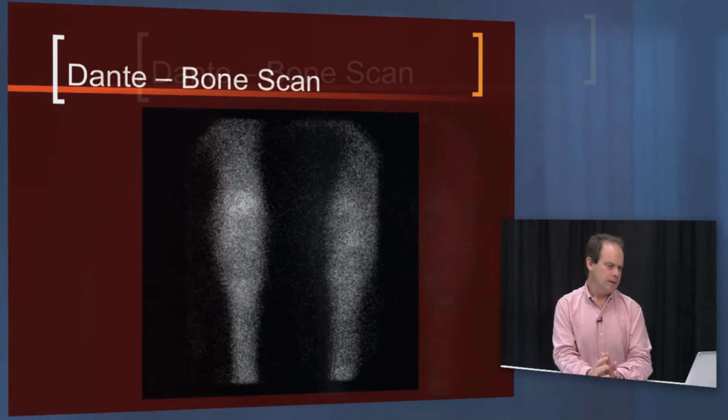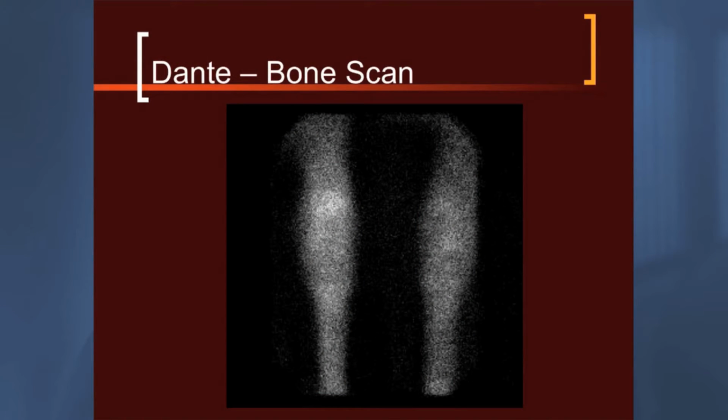So I only included the one image that was relevant here, and this is looking at the hocks from behind. You can see, if you see my arrow, there's a bit of uptake on the point of the hock, but it really isn't a very exciting bone scan uptake. The rest of the leg looked quite normal, the pelvis looked quite normal. This is the only thing that lit up at all on the bone scan,